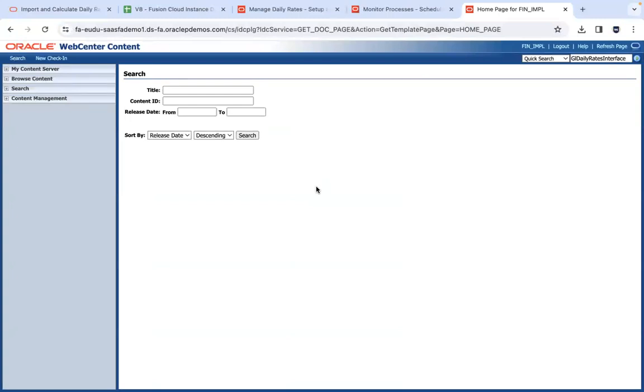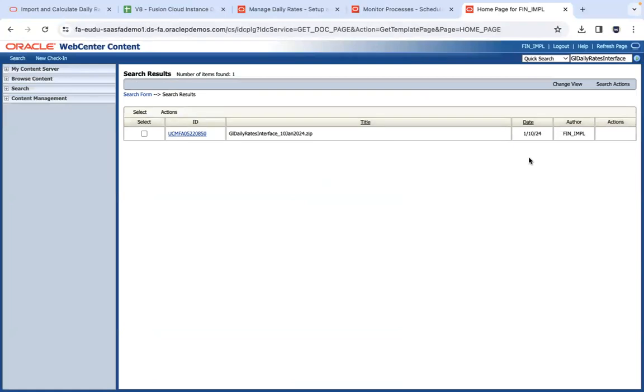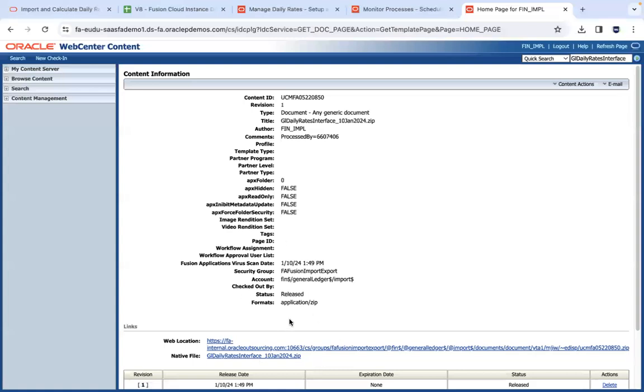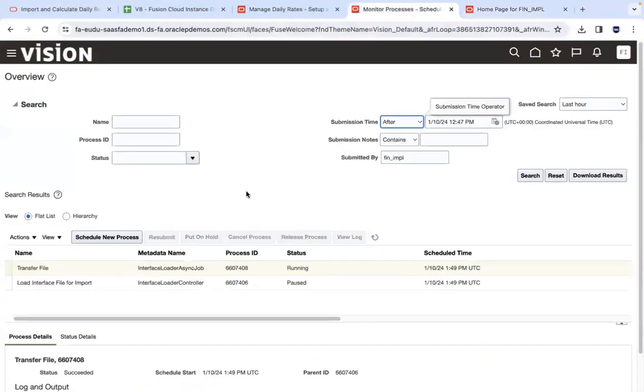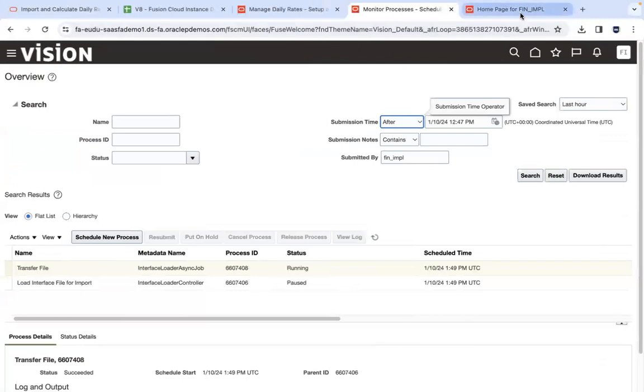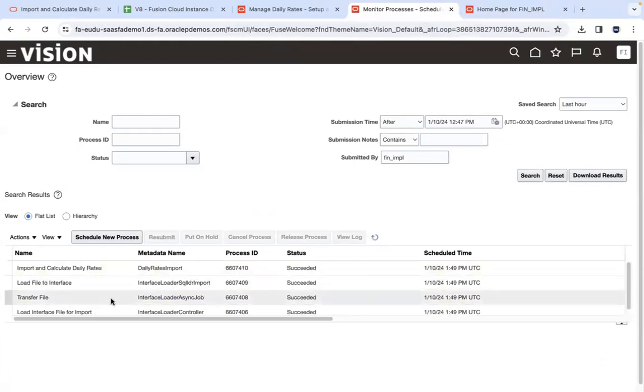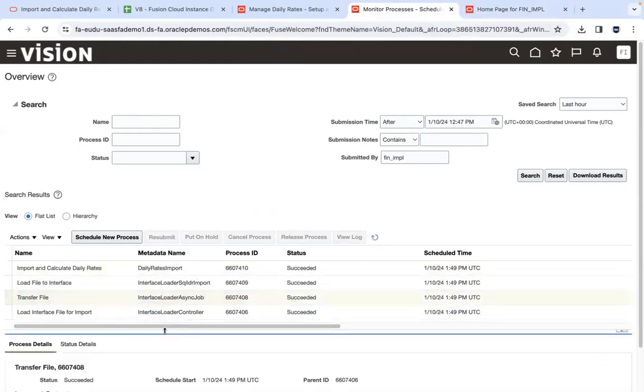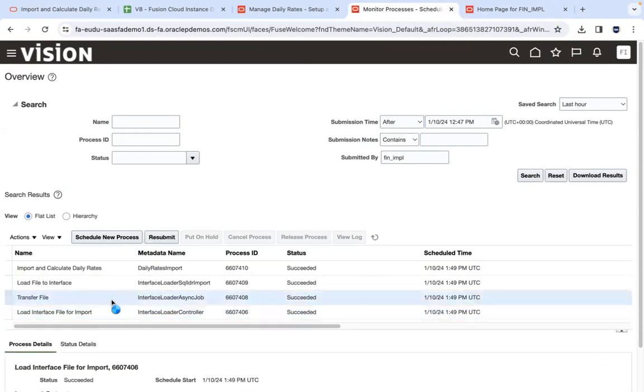Now, when I search for the file name here, you should be able to see a file uploaded here. And when you click on the icon, you will be able to see the file uploaded here. You see the zip file. So you see, first of all, when I ran a loader, this job got kicked off. It has picked up the file from my local drive and uploaded it to UCM. Now, what else do we need to do, guys? You wait for the job to complete. After this transfer file is done, remember, this job transferred the file to UCM,